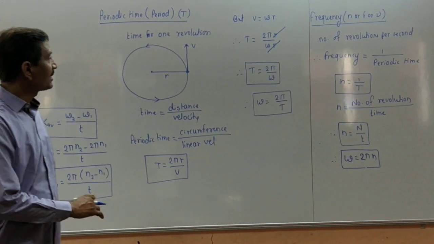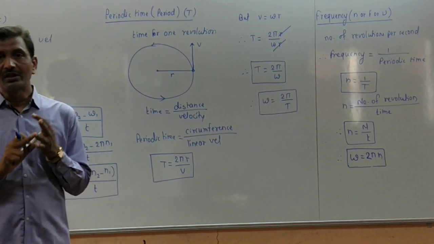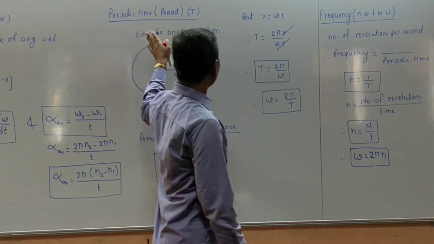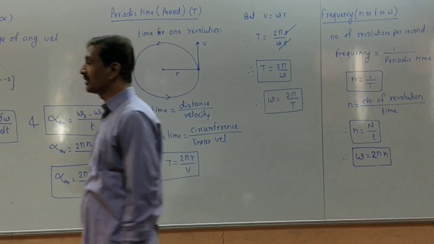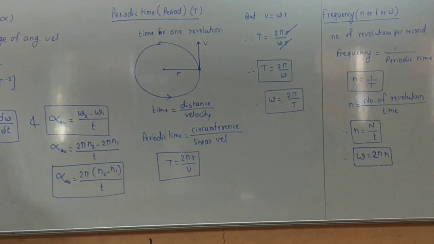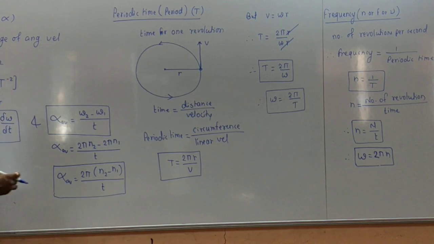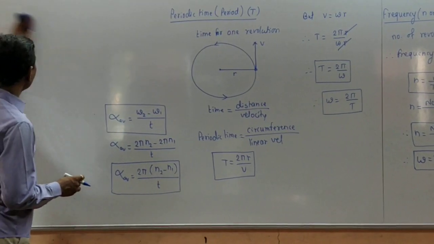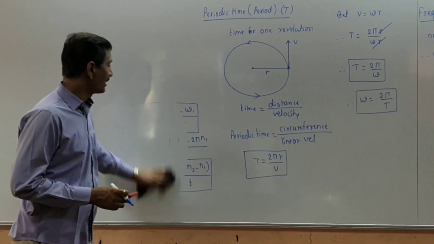So as we discussed the angular displacement, angular velocity, angular acceleration, periodic time and frequency of a particle performing the circular motion and their formulae, just we summarize these topics and then we take the next topic. So what is the angular displacement? Angle traced out by the radius vector in a given interval of time.